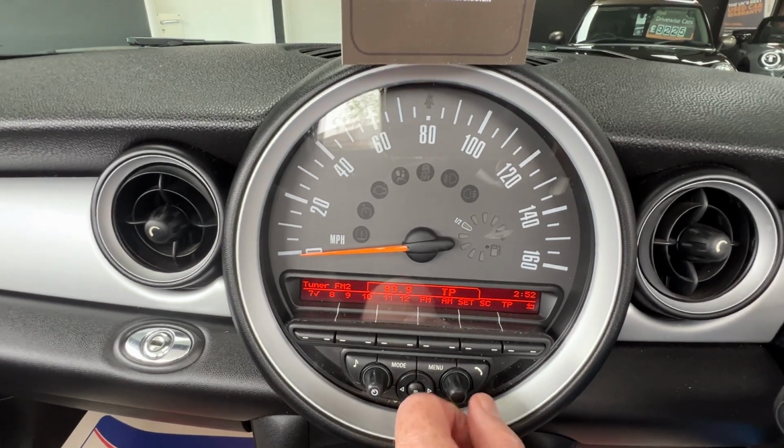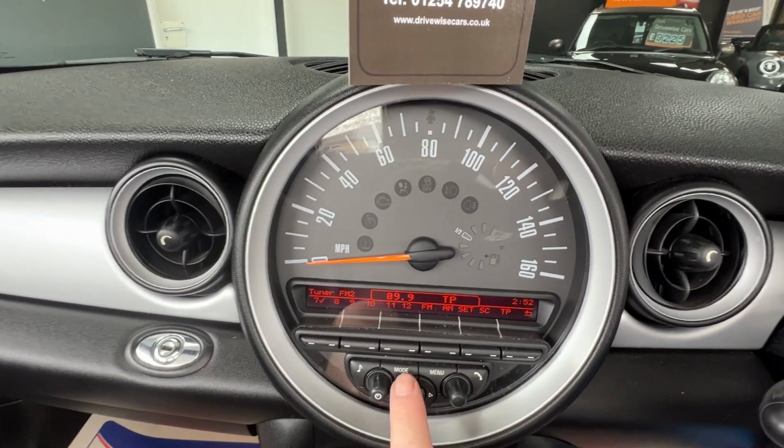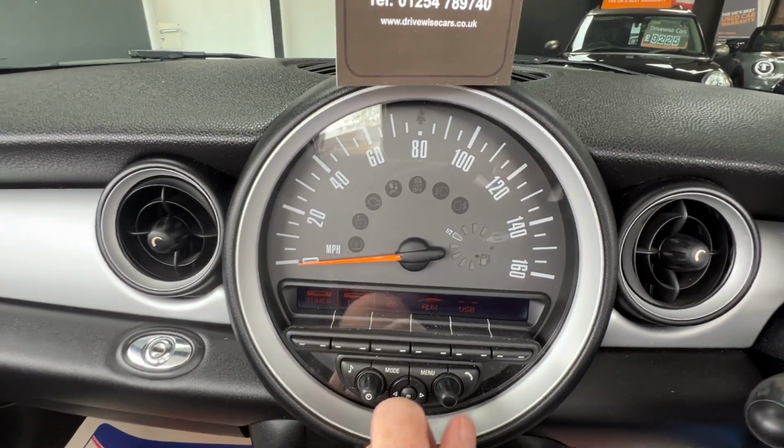Really heavy traffic in patches between 14 at Heathrow to if I press mode, you can choose between tuner and